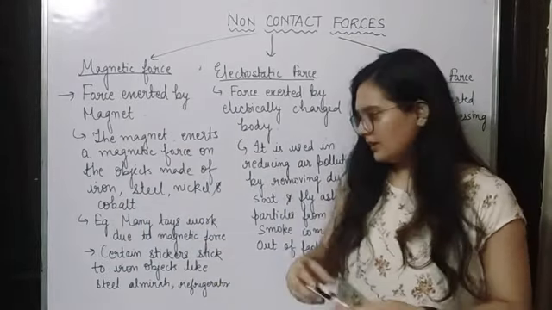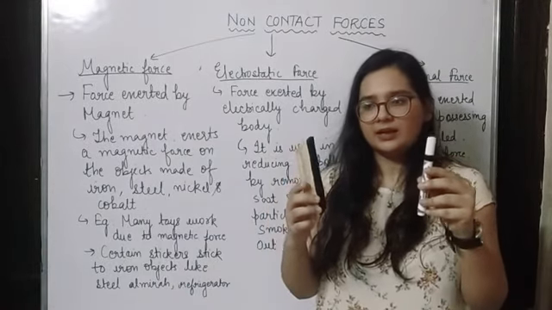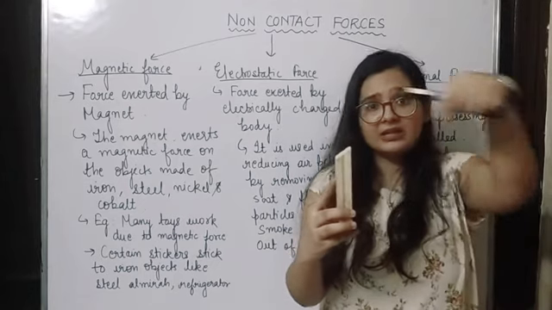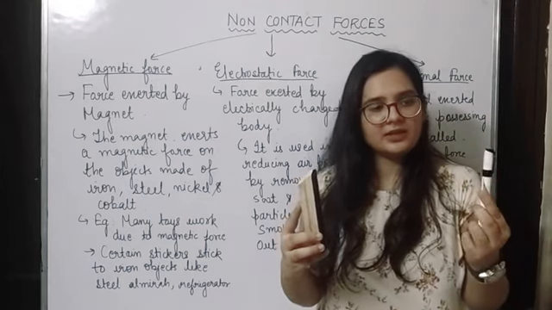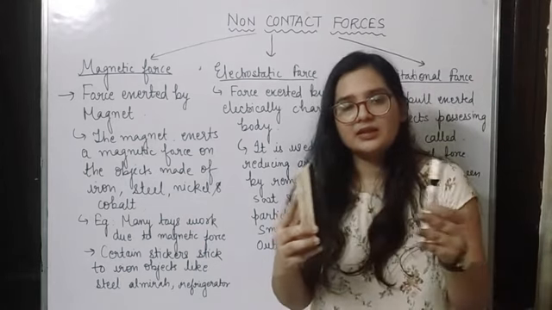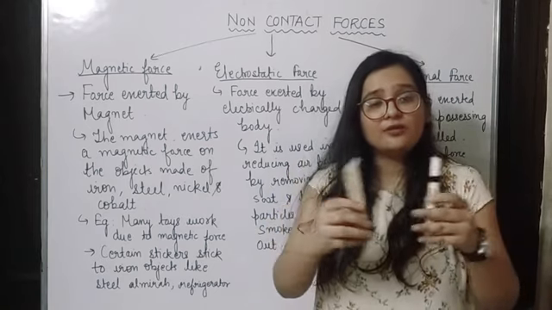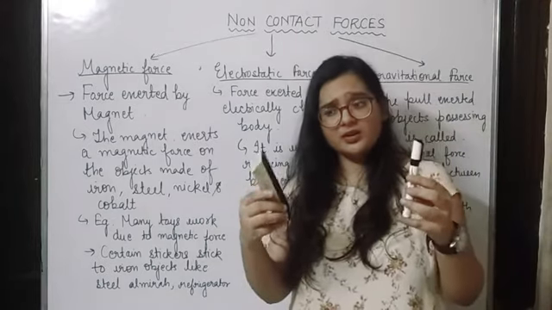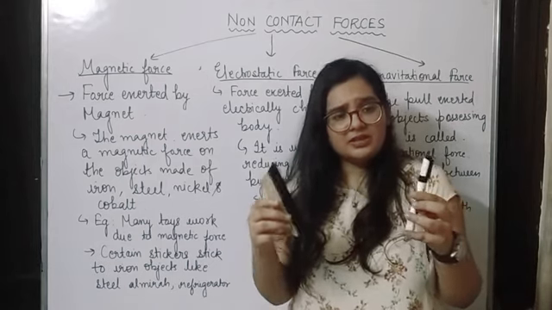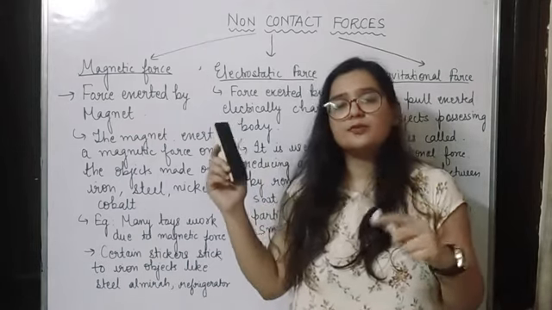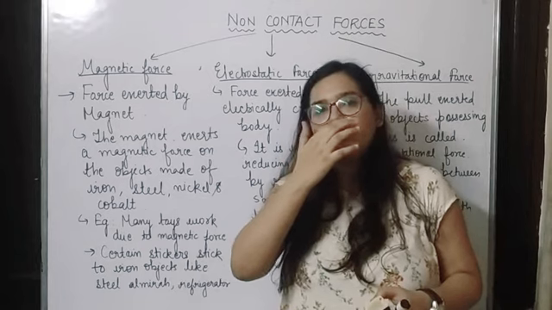If the magnet is here, supposedly, just imagine if this is your magnet and this is the iron nail, this magnet has a magnetic field around it, right? And if this nail is within that magnetic field, this nail will be attracted by this magnet. So if you see, this magnet is attracting this iron nail from a distance, like they are not in physical contact with each other. So this magnet is working even from a distance. That is why magnetic force is a non-contact force.